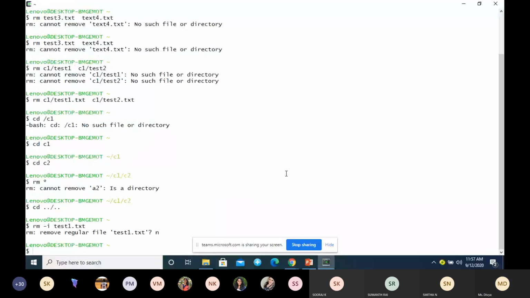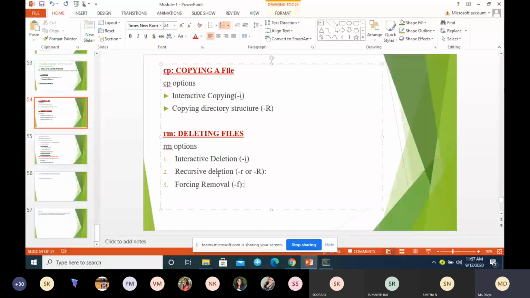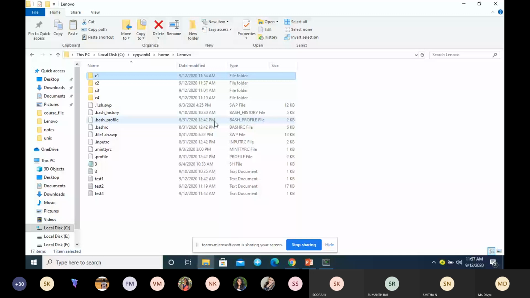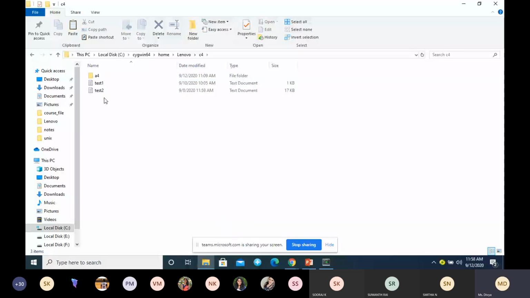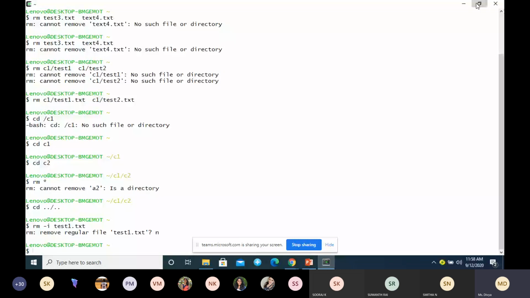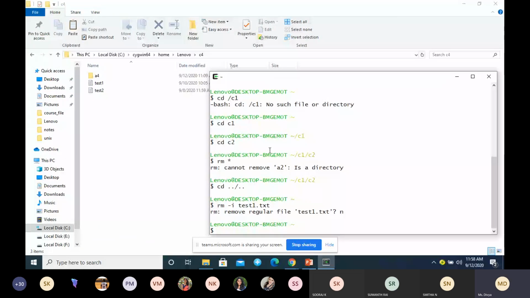The next option is recursive deleting, which you can give as minus small letter r, or minus capital letter R. Here I am applying to this directory C4.